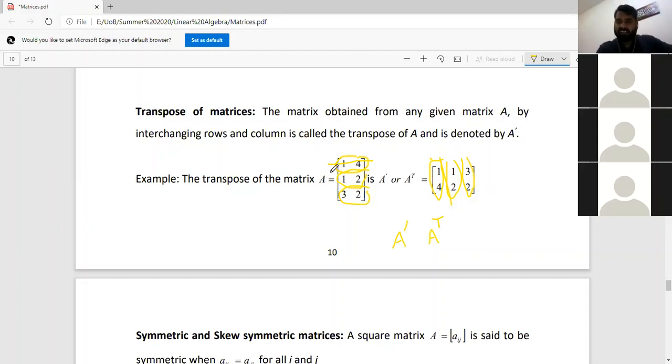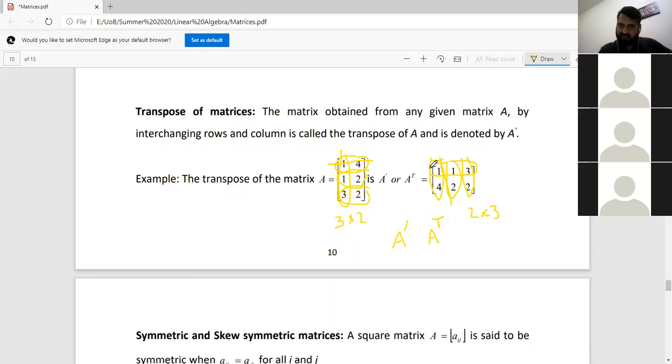It doesn't matter if you make columns as rows or rows as columns, it is the same thing. Let's say you want to make the first column the first row, it is the same thing. The first column has become the first row and the second column has become the second row. So automatically rows become columns and columns become rows. And of course, when you do this, the order will also be reversed. This was a 3 by 2 matrix, 3 rows, 2 columns, and because I made columns as rows and rows as columns, your order is also reversed. So your order is 2 by 3 now.